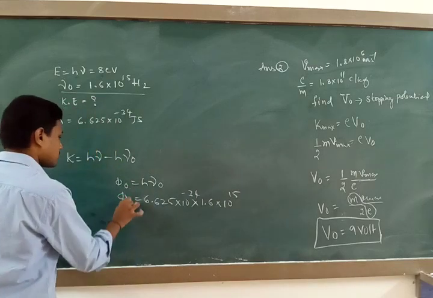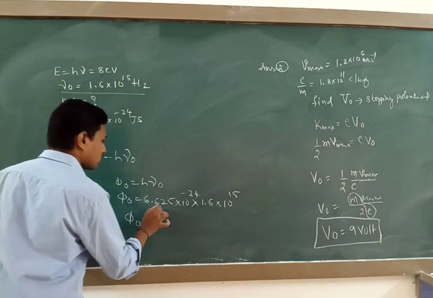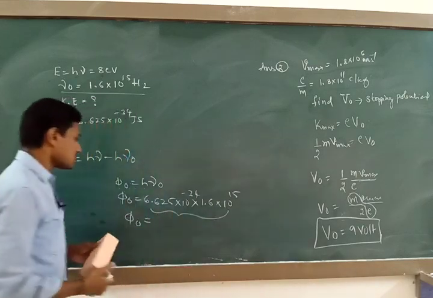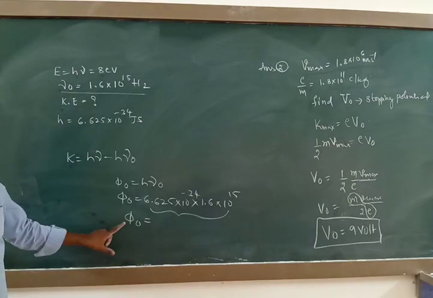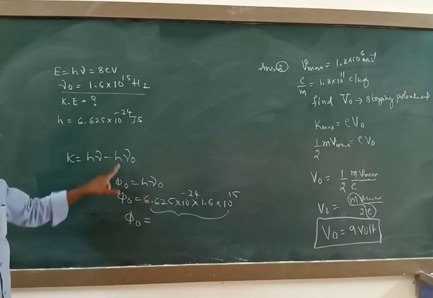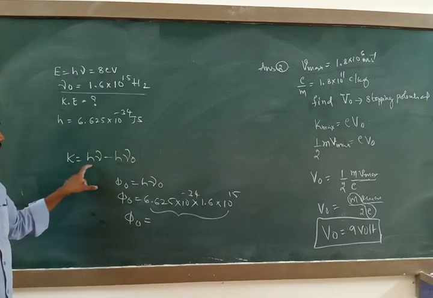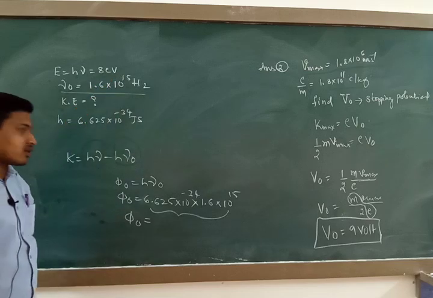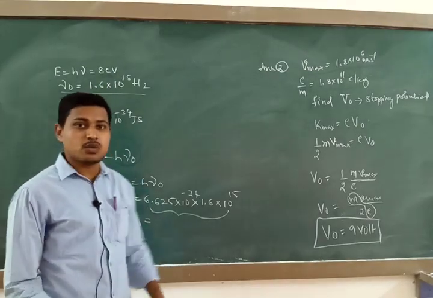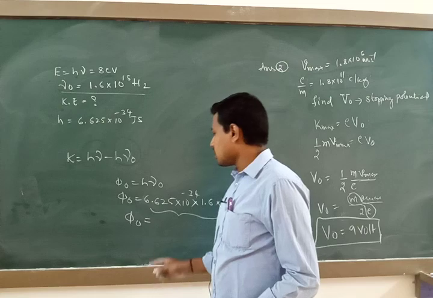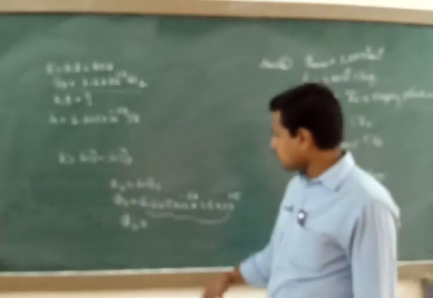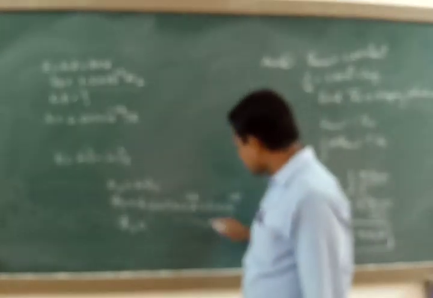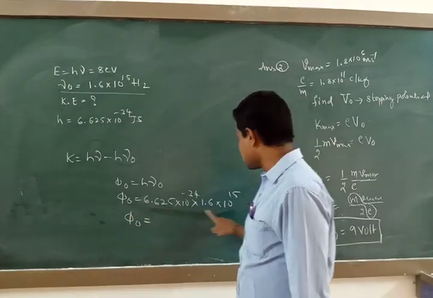If you simplify this, listen here, it is the energy term, and this energy term is nothing but h nu naught. But h nu is expressed in electron volt, while the SI unit of energy is joule. So if I want to express this complete value in terms of electron volt, if I take this one,